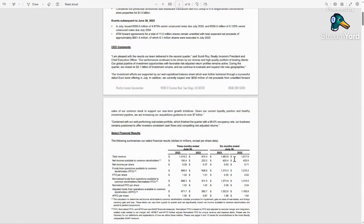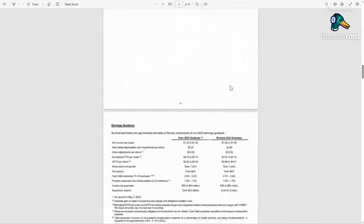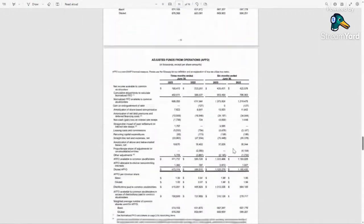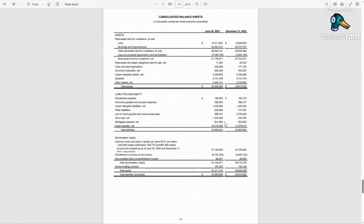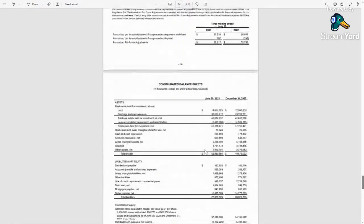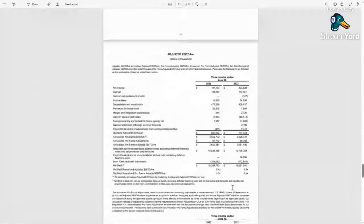So they seem to be okay with how things are running with them. I looked over this. I pulled out the important numbers. If we really, really want to get deep into this, we could look at the actual terms of the loan that they have, lines of credit, and see what kind of interest rates they are paying on their debt. We could look at their